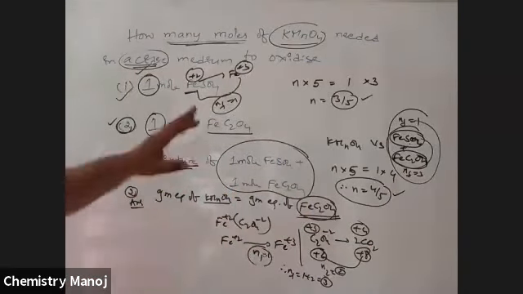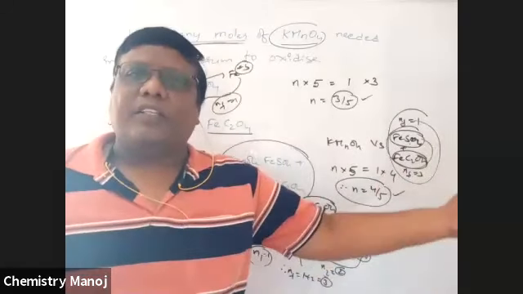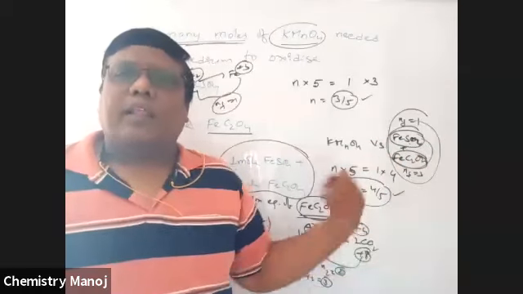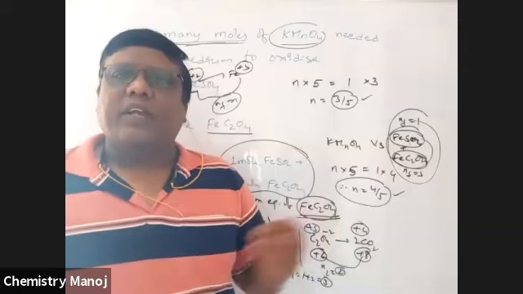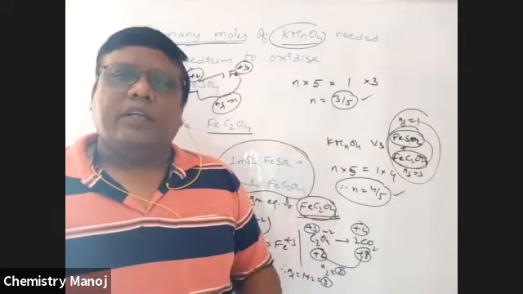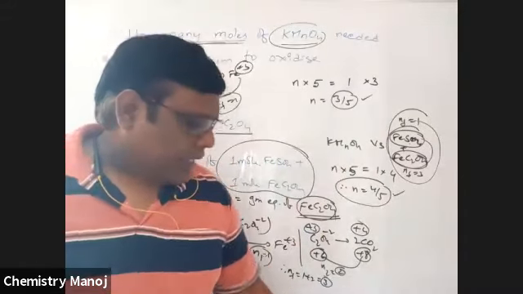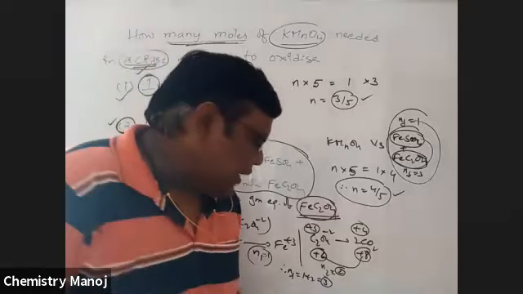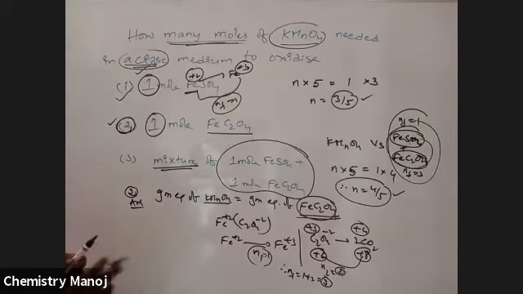This is the way to calculate how many moles of a particular substance are involved in reaction with another substance. One number of moles is given to you, another number of moles you want to calculate. So it is very, very, very important. Next, there is one more bit. Please complete it yourself. I will give the YouTube channel name. I already gave it, but at last I will tell you again. Please wait.